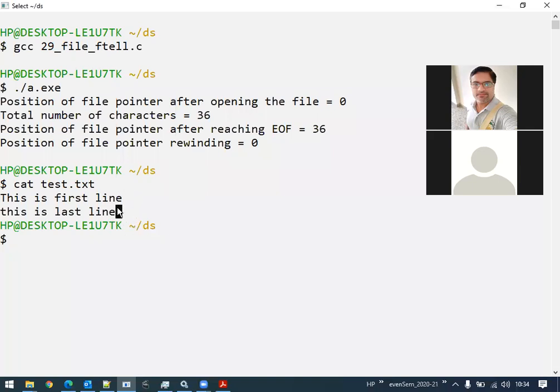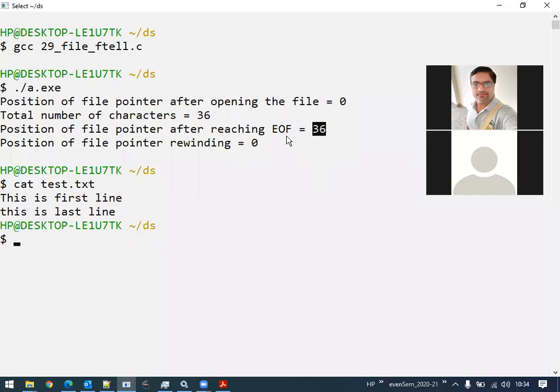Now tell me, what will ftell return? Is it 35 or 36? 36, sir. So is the output we are getting here correct? Yes, sir, it is correct.